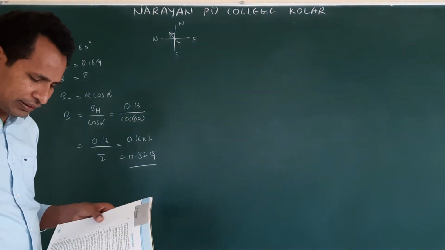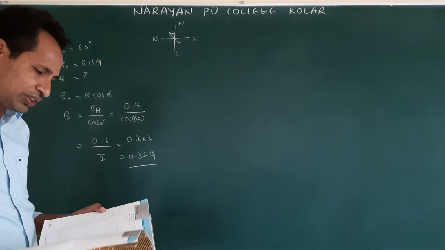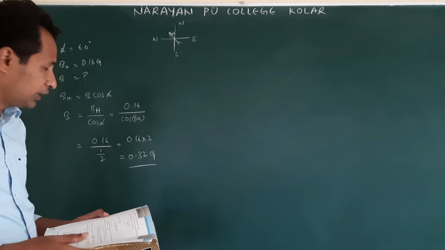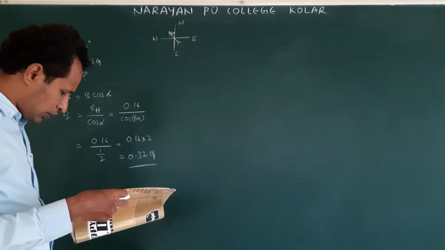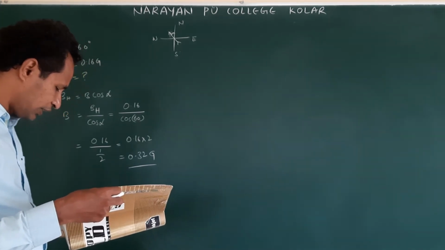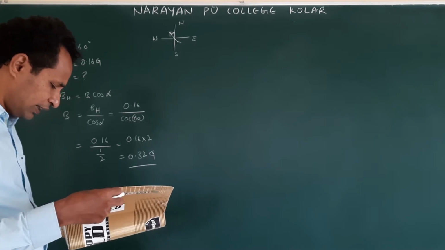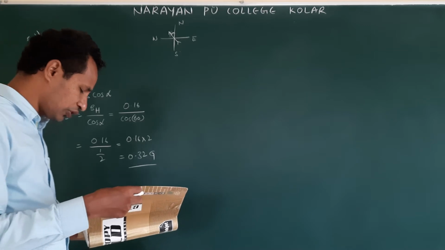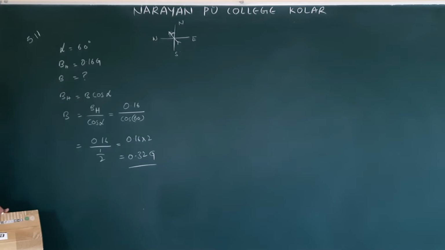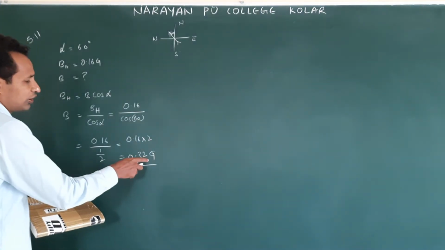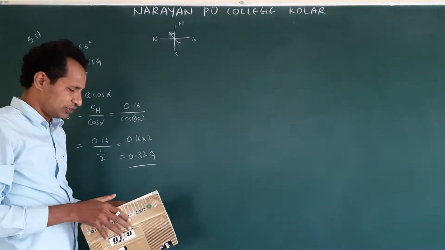Specify the direction and magnitude of the Earth's field at that location. Already the direction they have given, everything they mentioned. Now let me see this answer. In the 5.11 problem, what did they give? Yes, 0.32 Gauss they given. The Earth's field lies in the vertical plane 12 degrees west of the geographic north, making an angle of 60 degrees with the horizontal, and magnitude 0.32 Gauss. The direction is 60 degrees only, but the magnitude of the Earth's magnetic field is 0.32. Same, this 12 degrees is not changed.